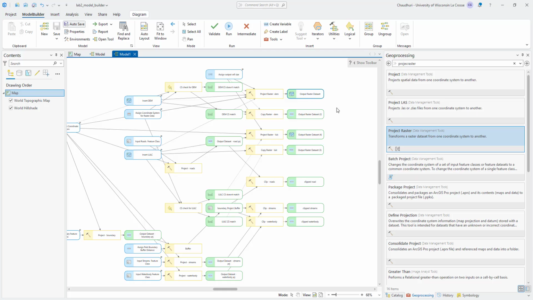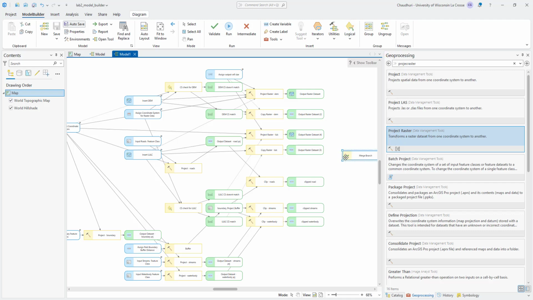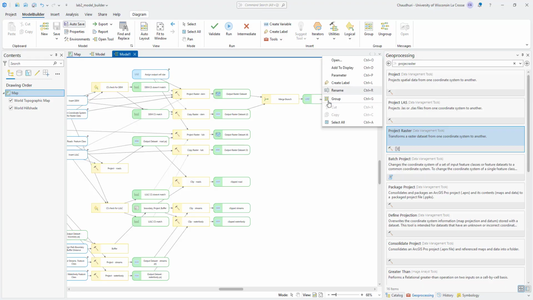So in that case, irrespective of what is true and what is false, we are going to merge those branches and take whichever layer exists in each of the branches and move forward to the next step, which is the